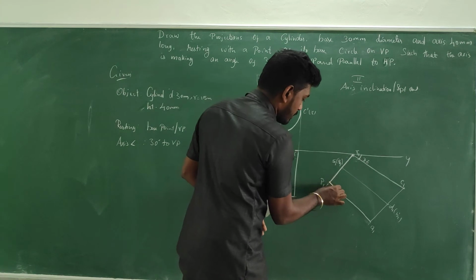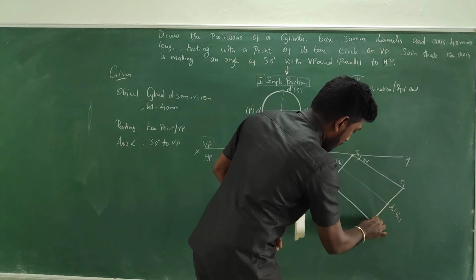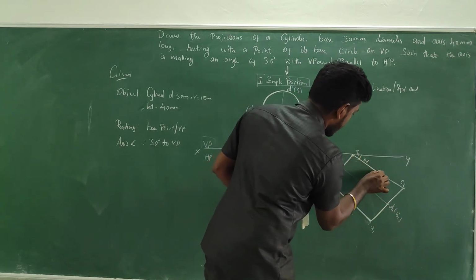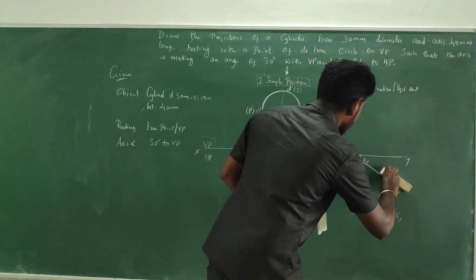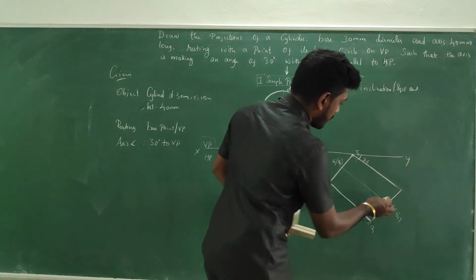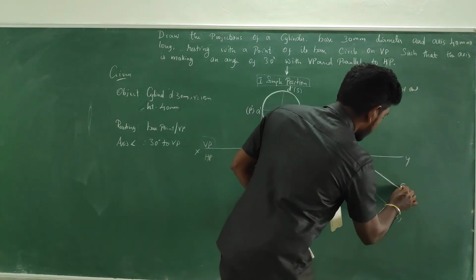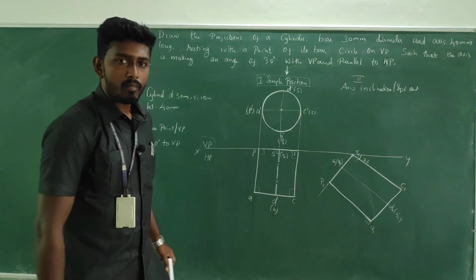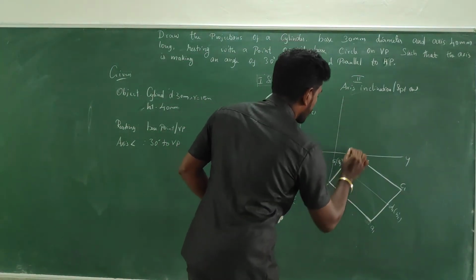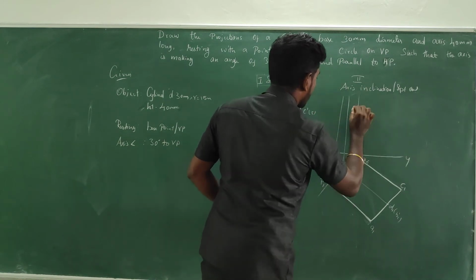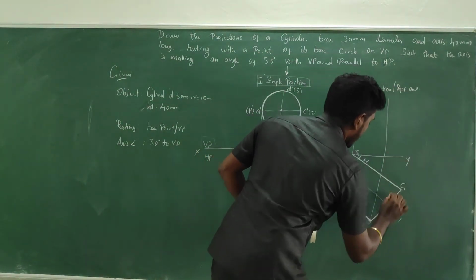So go for a dark line as it is in the previous view. The same image but in the inclined manner we have constructed, right? So we have to take the same measurement in the same manner. This is C1, and then go for the front view. It's simple. Now to take the projectors, it should be 90 degree. Take the projector, it should be a vertical line.